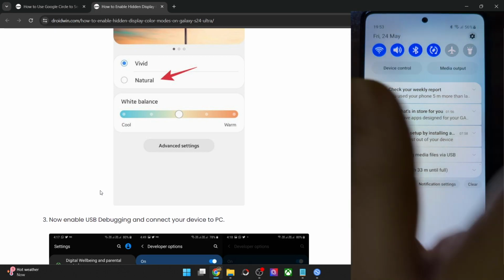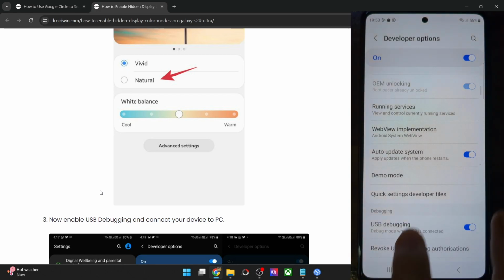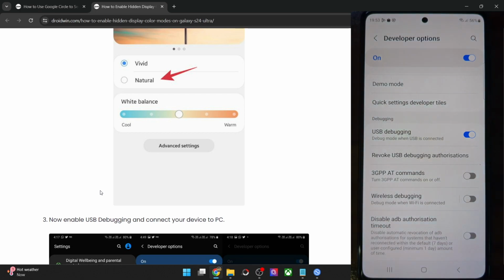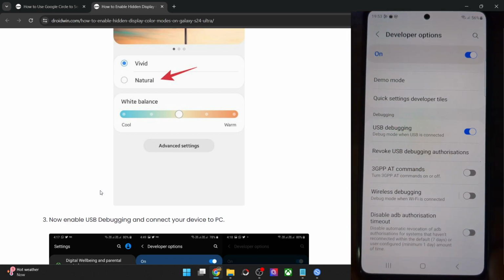So let's enable debugging. Go to settings menu, go to about phone and tap on software information, then tap on build number 7 times. This will enable developer options. So go there and enable the toggle next to USB debugging. You will get a prompt on your phone, check mark or tap on OK, allow,